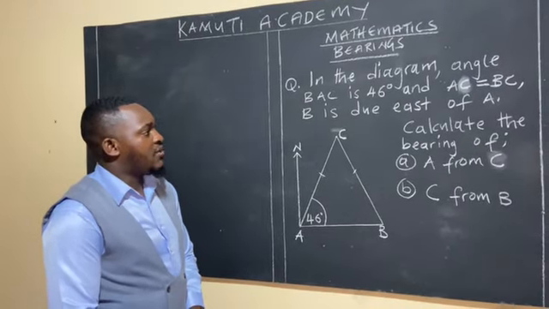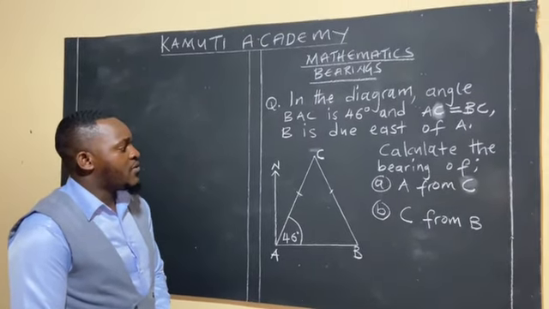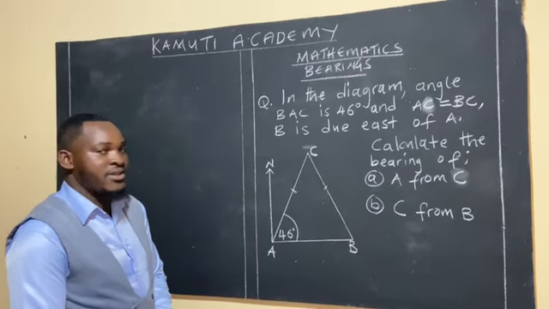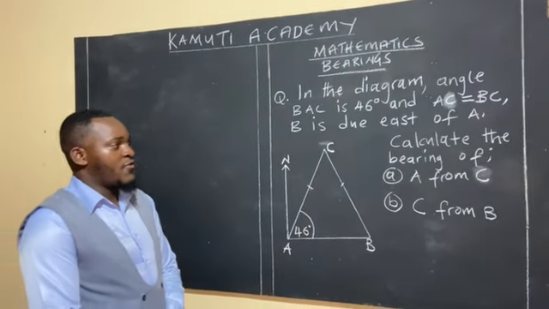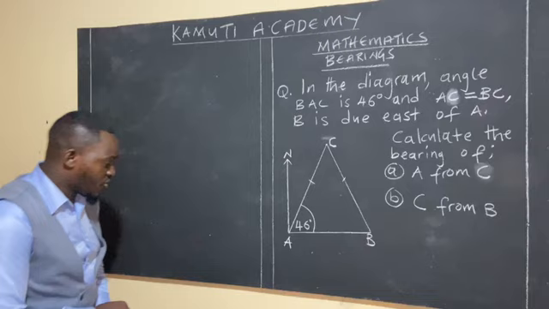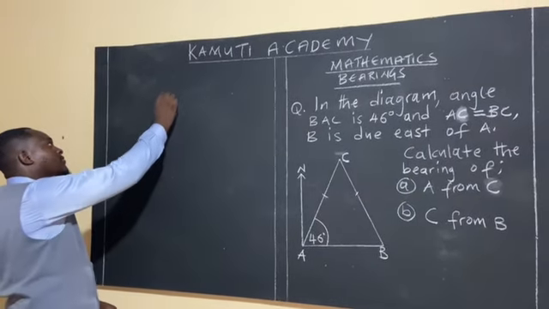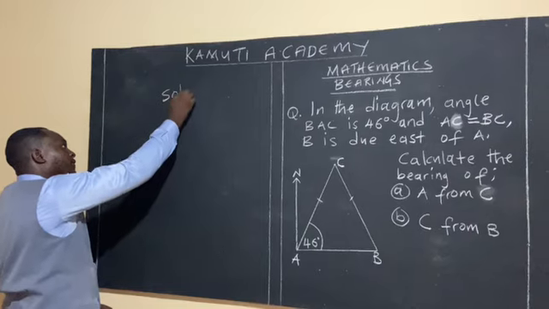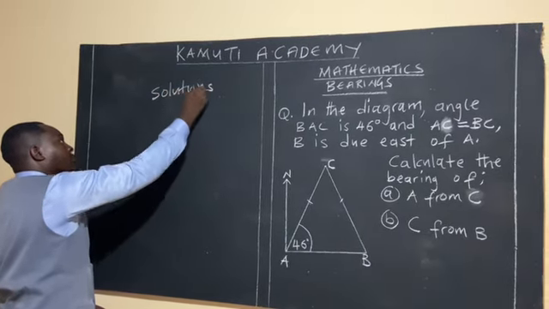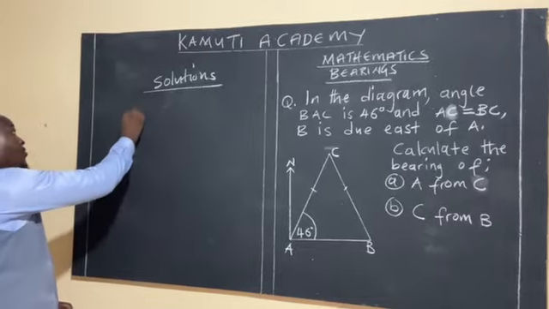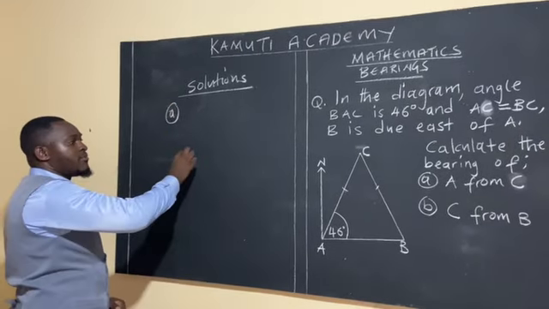Then the question now: calculate the bearing of A from C, then part B, the bearing of C from B. All right, so follow me. Let's go together. We solve these two questions. So, solutions. Okay, so we start with the first one, part A, the bearing of A